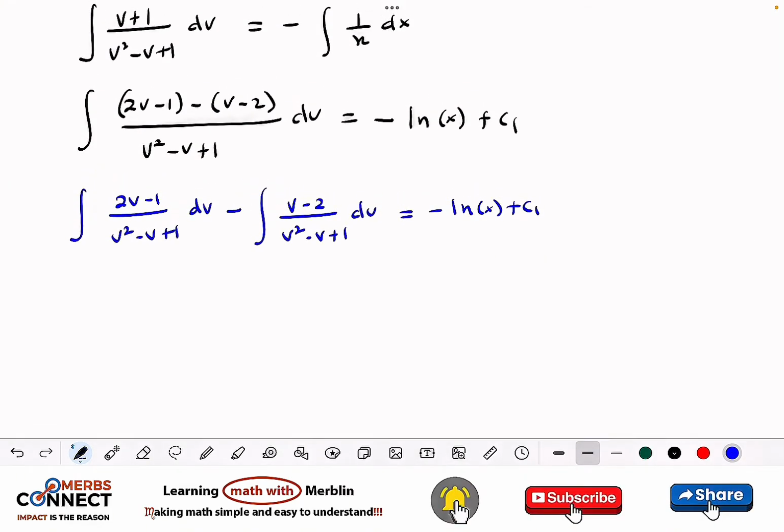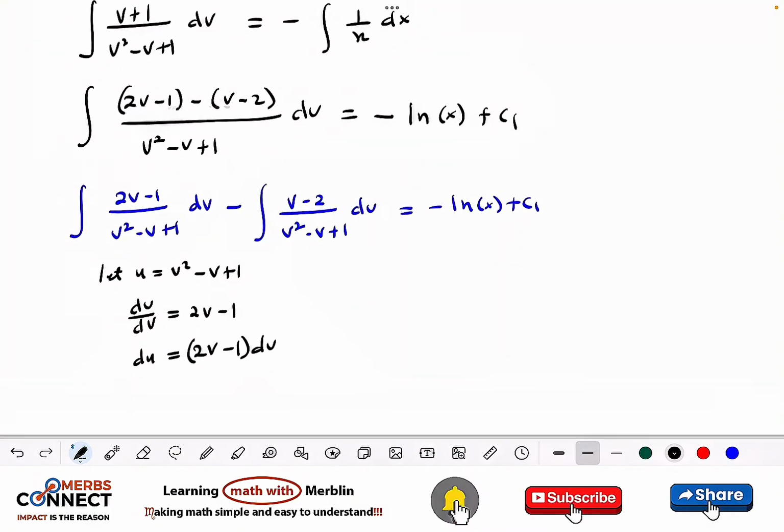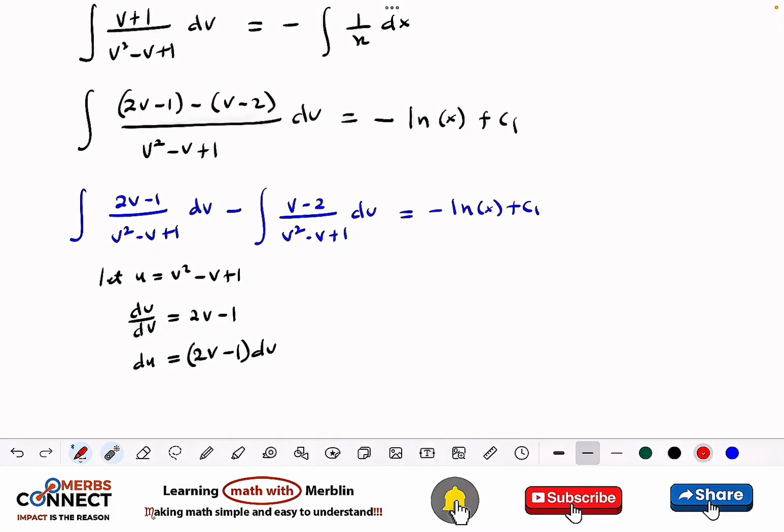So integration, you need to find your own way of doing that. For this one, as I said, if I let u be equal to vn squared minus vn plus 1, then du over dvn will be 2vn minus 1, right? So du will be equal to 2vn minus 1 dvn. Good. So when I do back substitution, we see that now the integration, and let's see how we can also